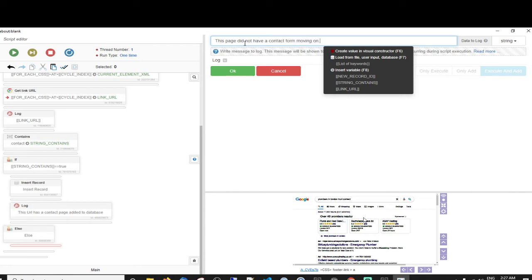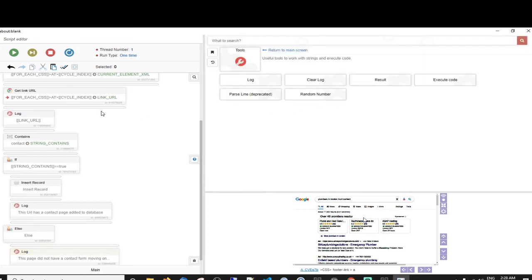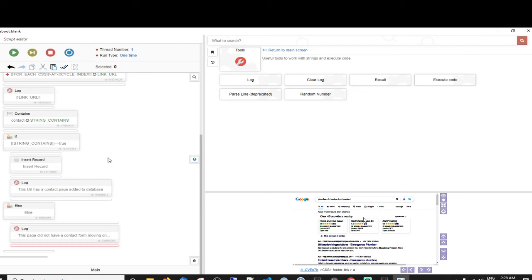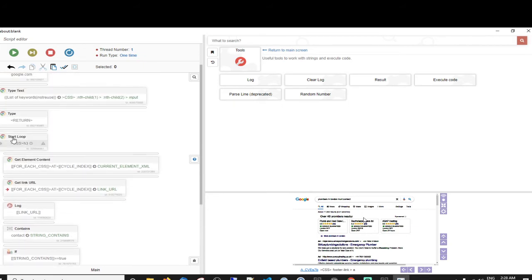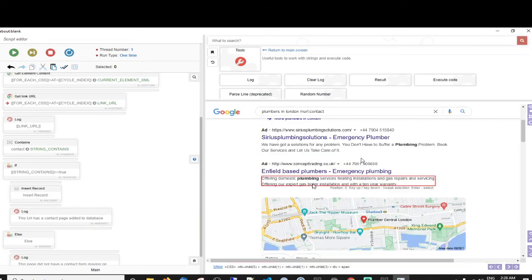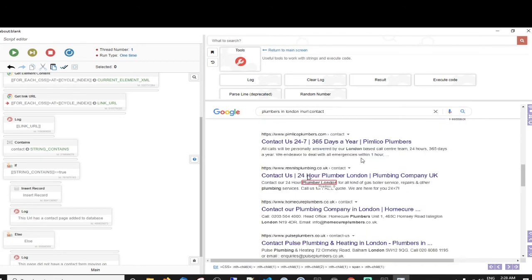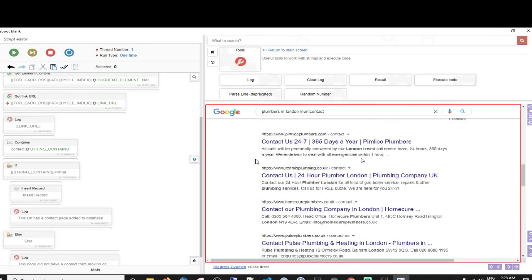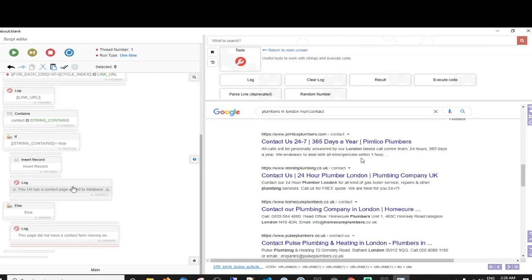Moving on. Okay. Lovely. And then it'll go through. So what's happening here is we're starting a loop. It's getting the link for each one of these links on the search. And then it's checking just to make sure it does actually go to the contact page. If it finds the word contact in the URL, then it will add it to the database. If not, it will just skip it and move on.